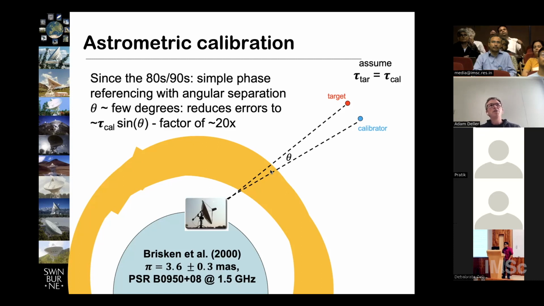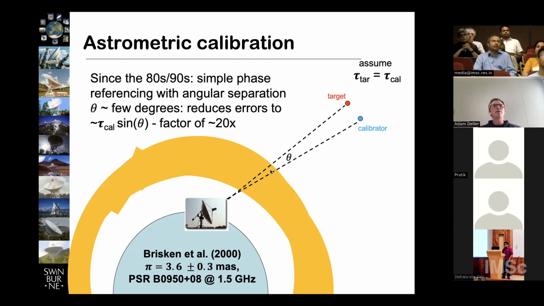If there are some errors which are persistent in time and not changing, then you might still get a nice looking source, but it's at the wrong spot. That's what would happen if you tried to make an image without doing any calibration: the source would be in the wrong place. But more commonly, those errors will be varying in time. And so what you'll get is not a nice image of the sky at the right position or at a wrong position, but something that's all smeared out and messed up. And that's the effect of the calibration errors.